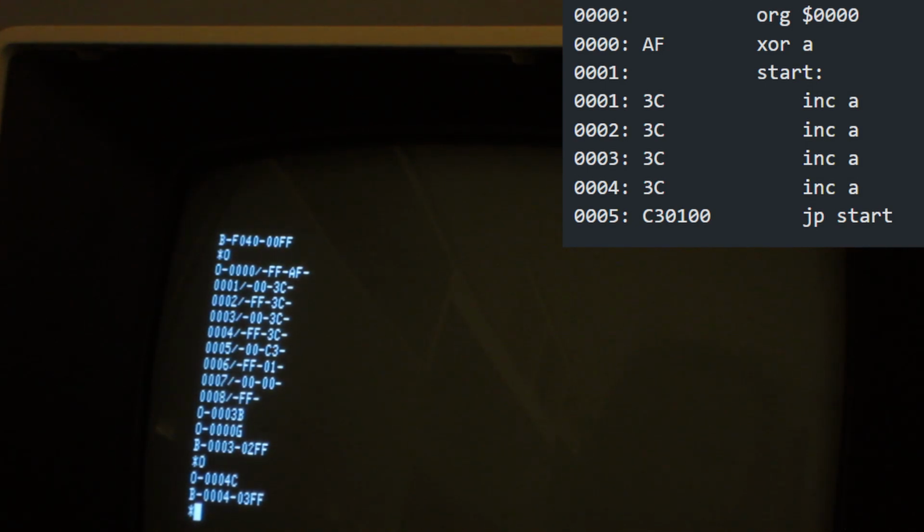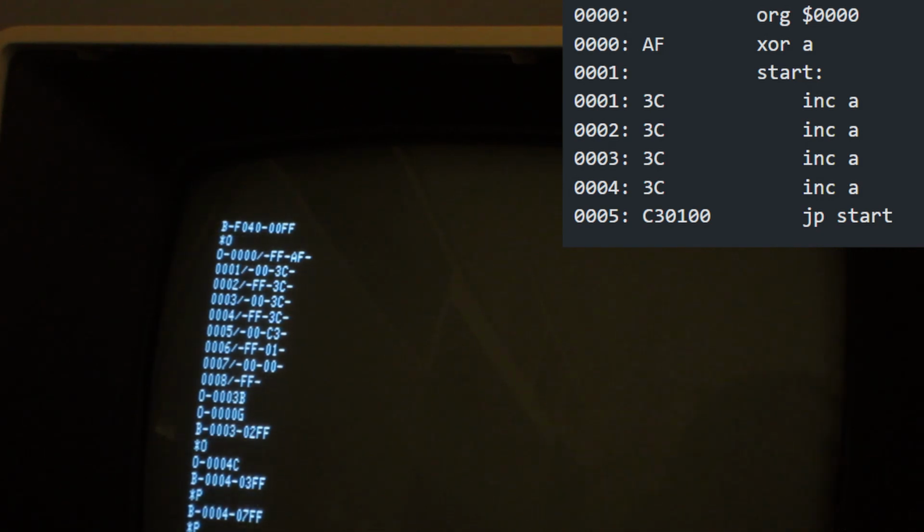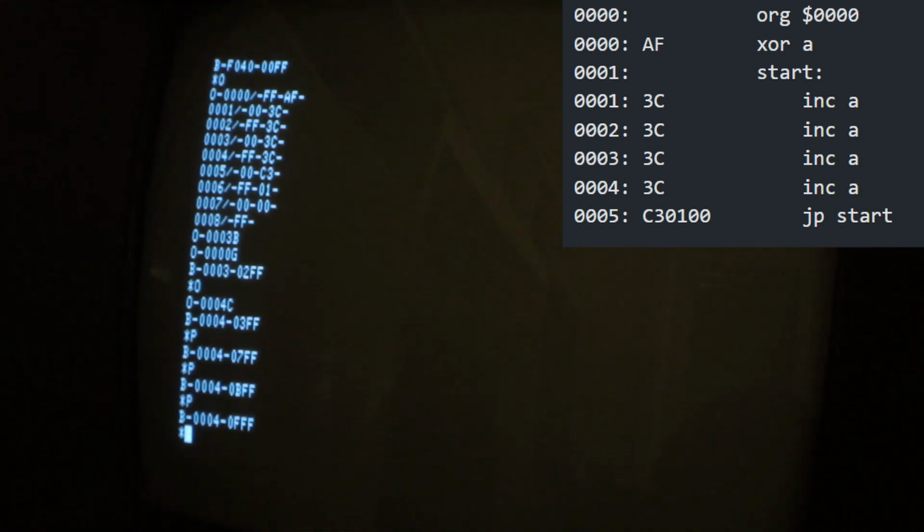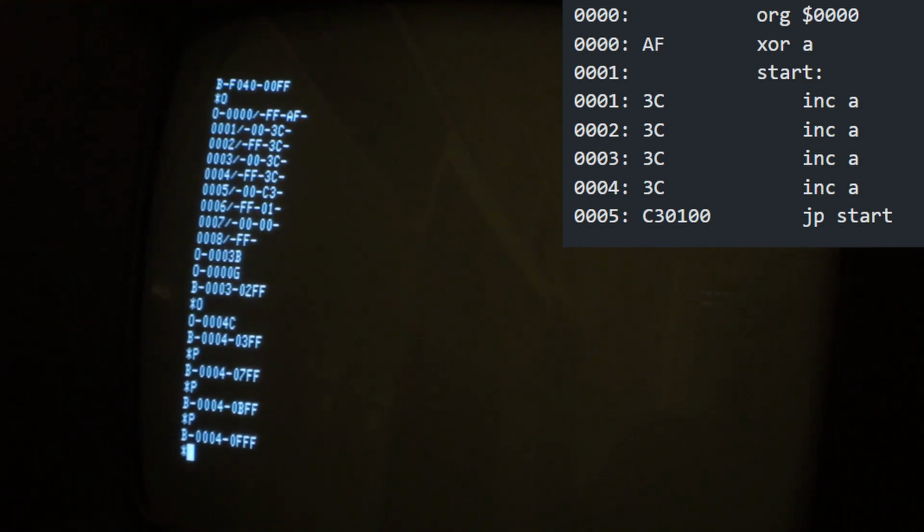So this is a loop, so we can do the proceed command just simply by doing that, and it made another iteration of the loop, and this is now at 7F, and we can keep on doing it. And so now you can see the whole breakpoint capabilities of this system.